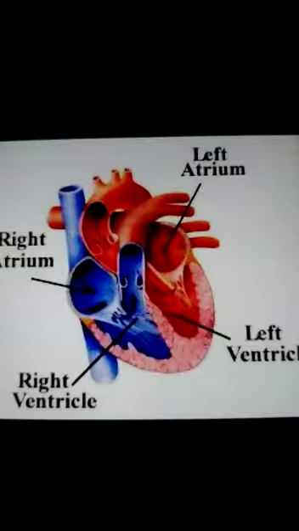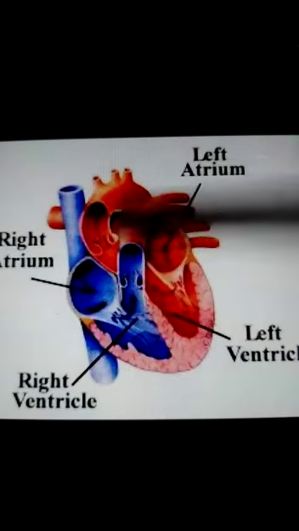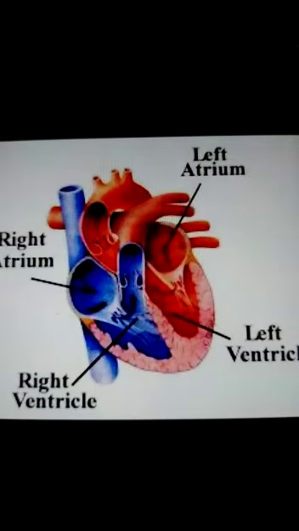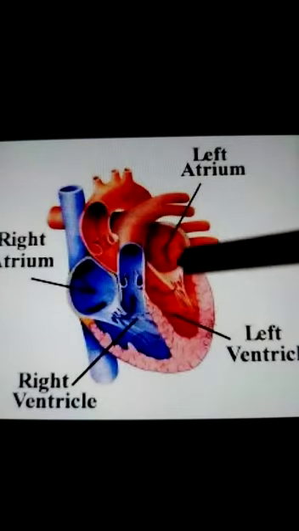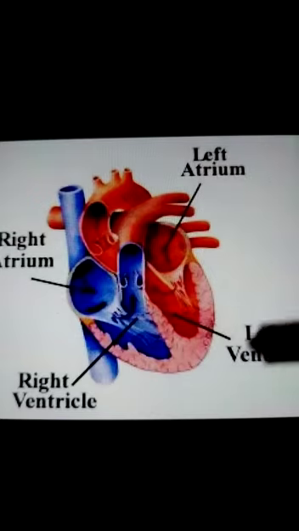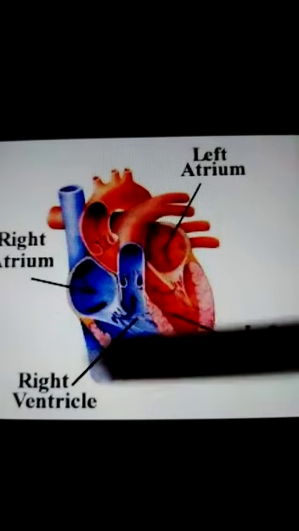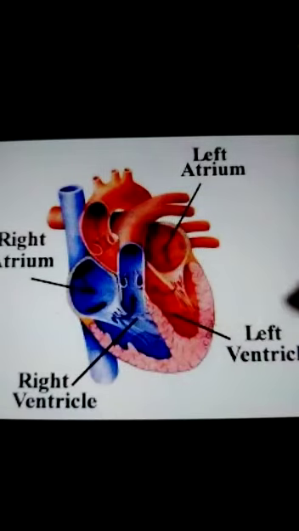Friends, look at this diagram. So the heart is made up of 4 chambers. These are the 4 chambers in the heart. 4 chambers means you can think of it as 4 rooms or else 4 boxes. There are 4 separate sections in the heart, and the top left section is known as the left atrium. The lower section is the left ventricle. This is the right atrium and this is the right ventricle.